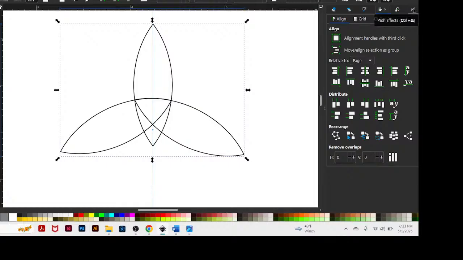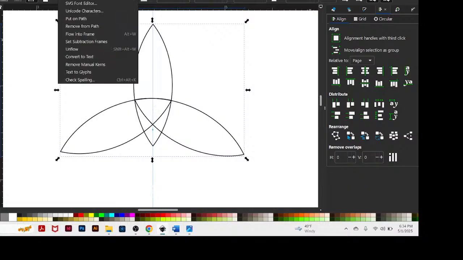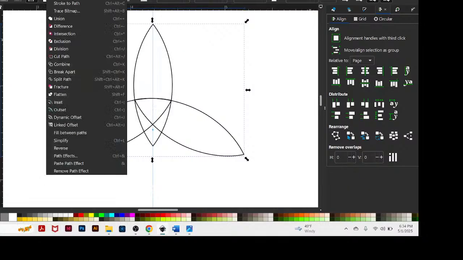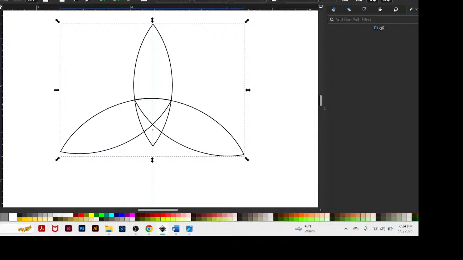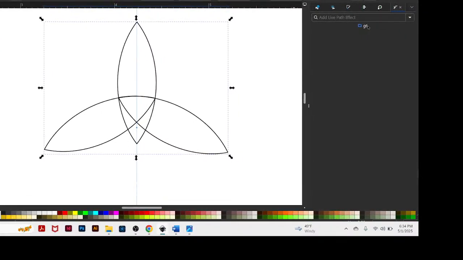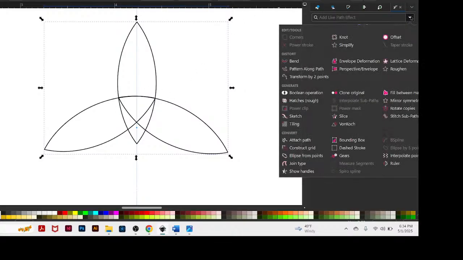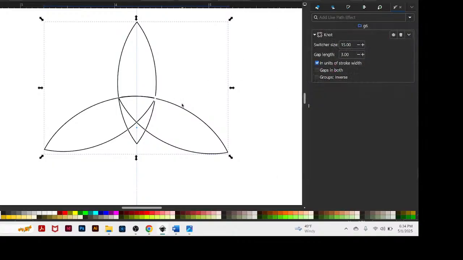If you don't have your path open, you can find it by going to Path and down to Path Effects. Then you'll get your path effects. And you can see it says G6, so I know that because it's grouped into one, it's supposed to work. But if I click on the down arrow and go and find my knot, which is up in the top area,